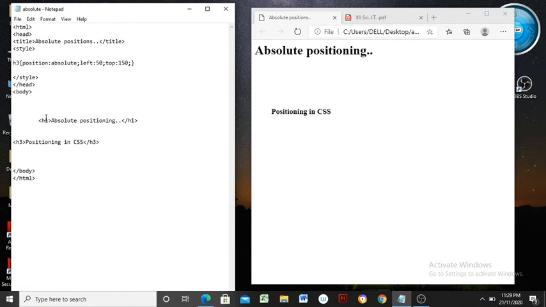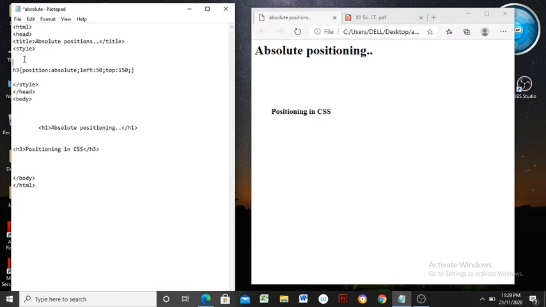Now H1, basically we have applied absolute positioning on the first sentence. One can design H1 here also, or any basic HTML tag can be applicable, no doubt, not just heading levels.